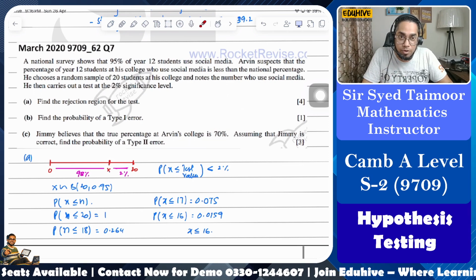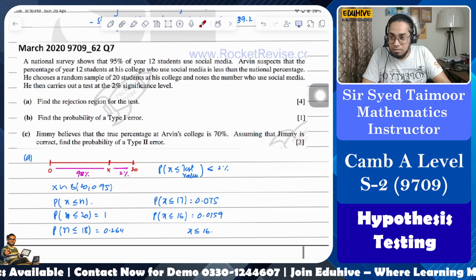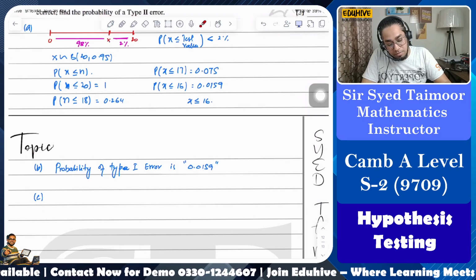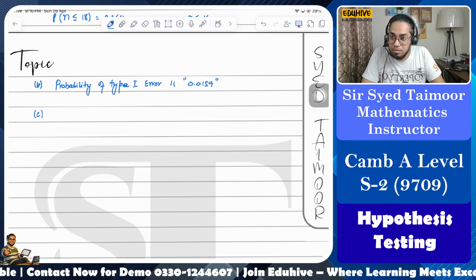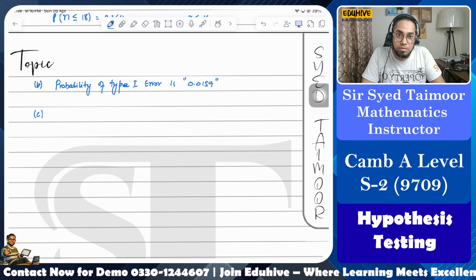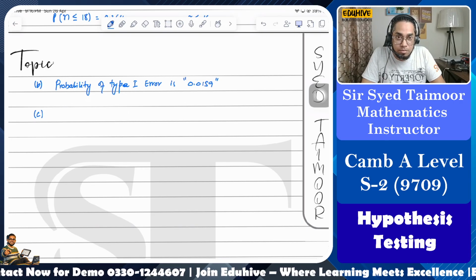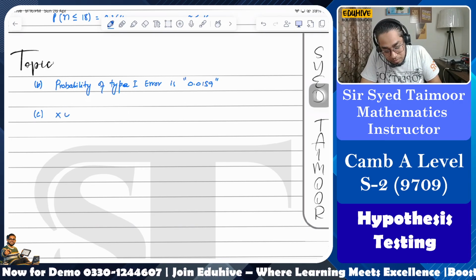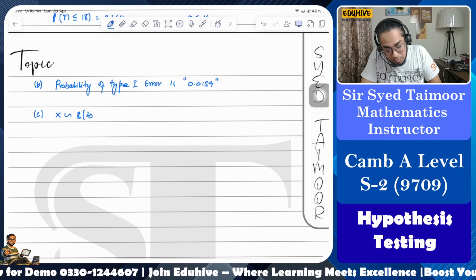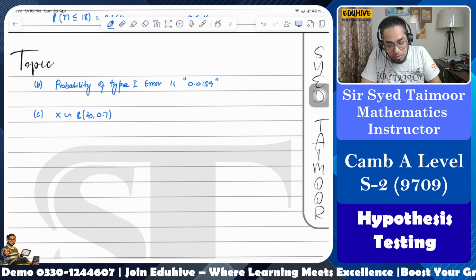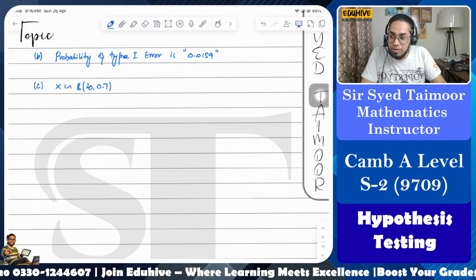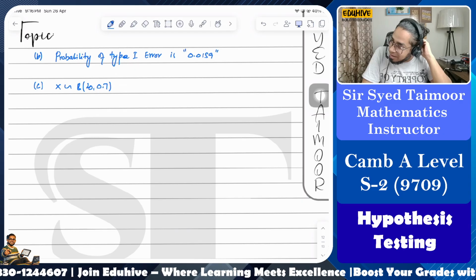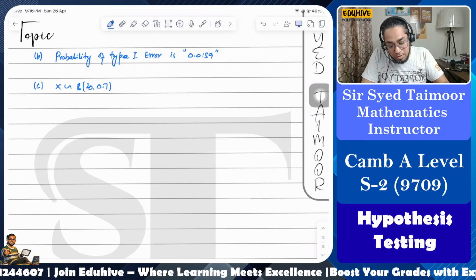So we have to go for the type 2 error. Probability is 0.7, and now that means it must be